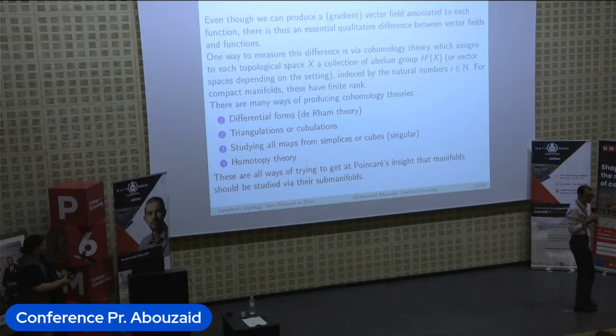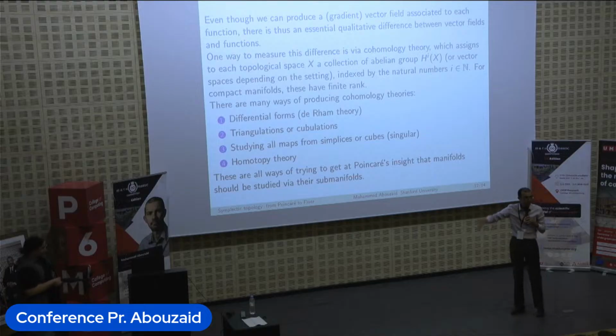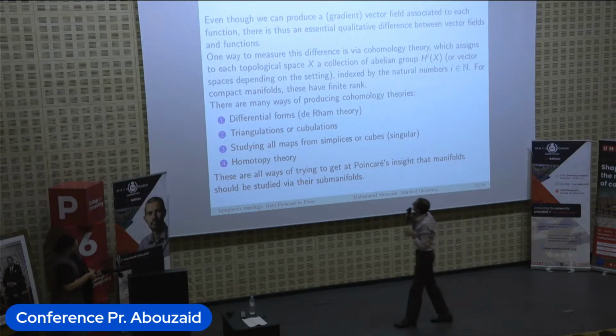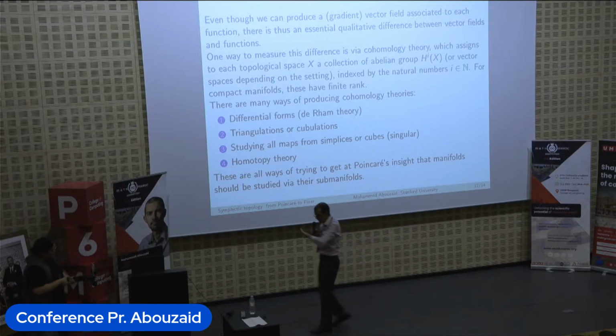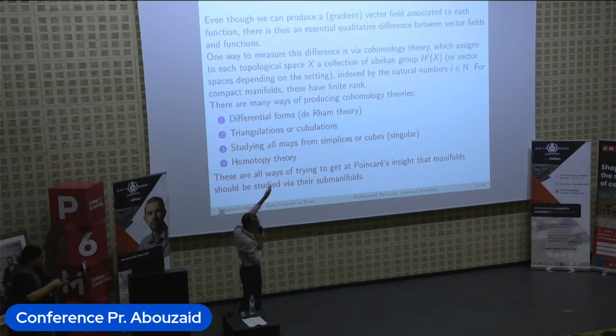The most important thing that I want to say about it is that there's one group for each integer, non-negative integer. Okay, so that's denoted H^i(X). i is the integer that you pick, and X is the topological space. Okay? I'm not going to say anything about it, other than the fact there are many ways of constructing it. One way is using differential forms, that's exactly what the theorem was doing. Another way,